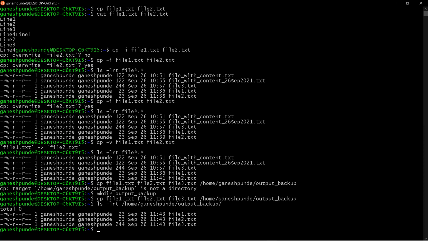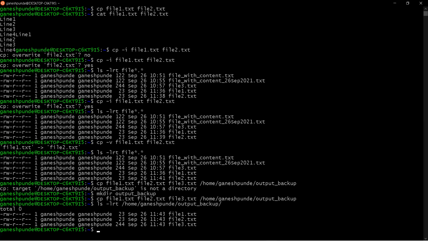Suppose you have a file which has millions of lines. You can't read all those millions of lines in a certain time, right?